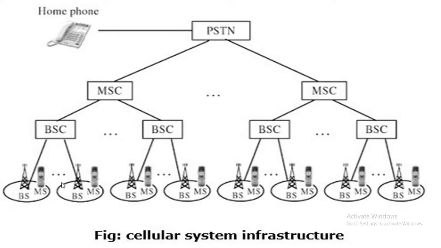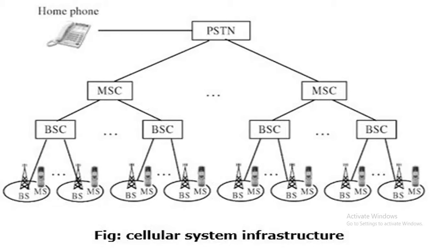This is your cellular system infrastructure. If you see here, each cell is going to have some mobile subscribers. MS is nothing but your mobile subscriber or mobile user, and each cell is going to have one base station. All these cells are limited. I have said that a group of cells combined is called a cluster. All these clusters are connected to one base station controller, which is called BSC. All these BSCs are connected to one MSC, that is the mobile switching center. From there you connect all these MSCs to the PSTN, and from there you are going to have your call connection.